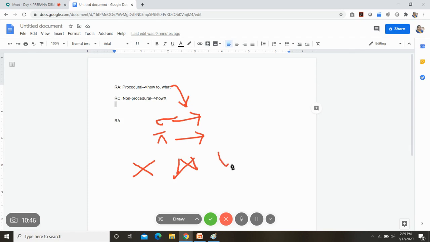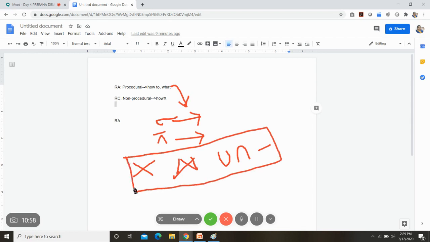Then you have union, intersection, and set difference, which is minus. If you observe, all these operators are called binary operators. You require relation 1 and relation 2 to operate. Other than these, you have one more operator called rho, which is used for renaming.